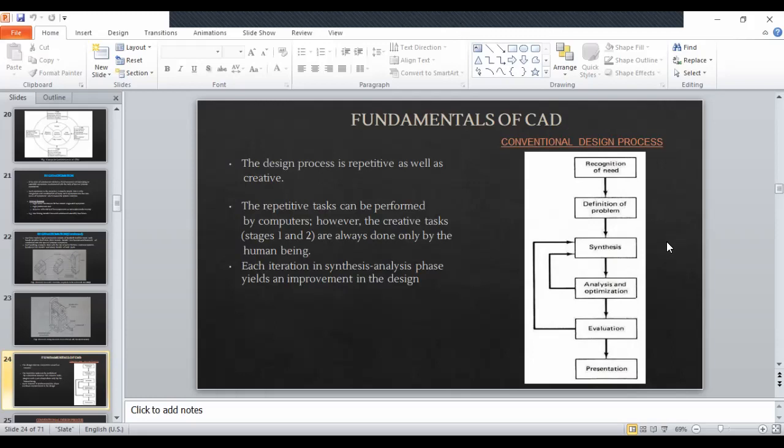Then in the synthesis phase, you'll come up with conceptual sketches. We'll plot the different drawings, specifying the different forces as well, and the rough dimensions of the product, as to where you want a particular feature, etc. In analysis and optimization, you try to analyze it with the help of analytical formulas, and optimize it over time, like changing the dimension if it doesn't match the safe limits of stresses, etc.